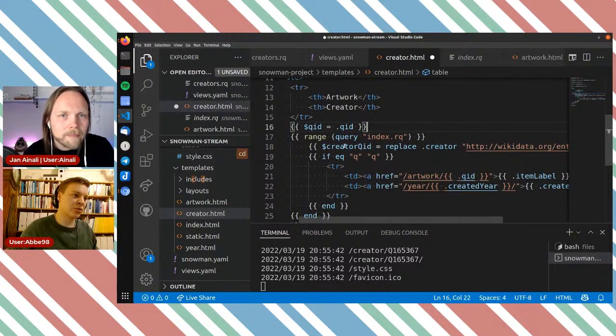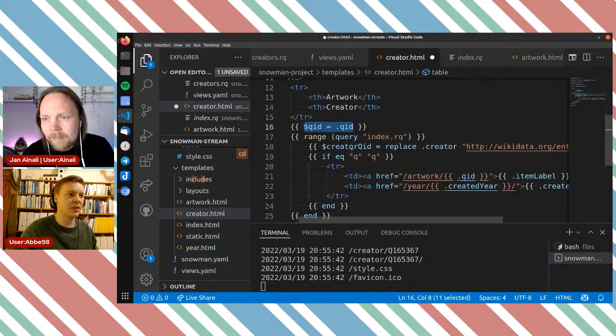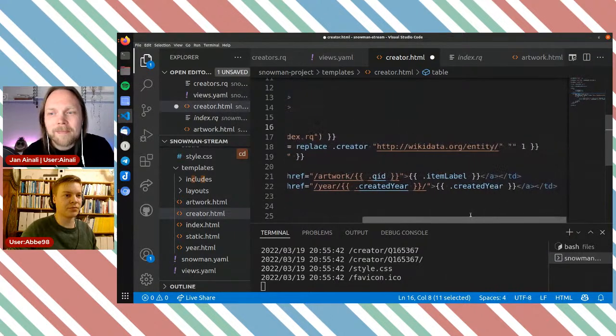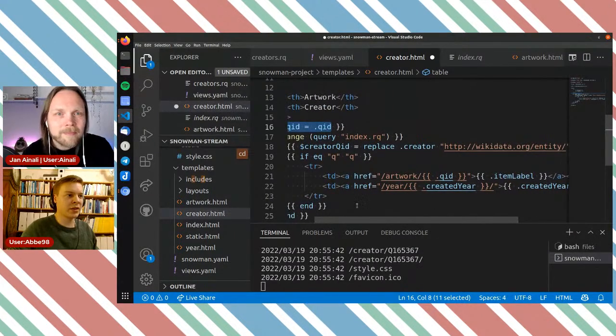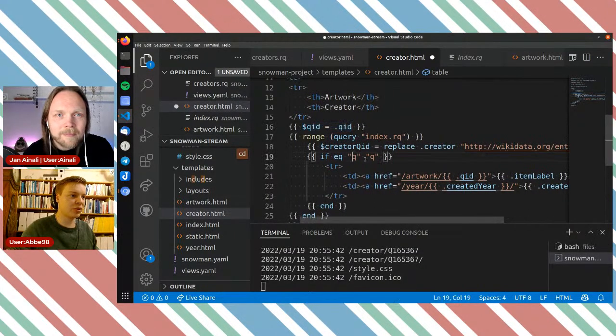And if I'm correct now, we should have the QID of the creator from the creator page as QID, and the creator QID as the one from here. Let's see if I got all the syntax right.